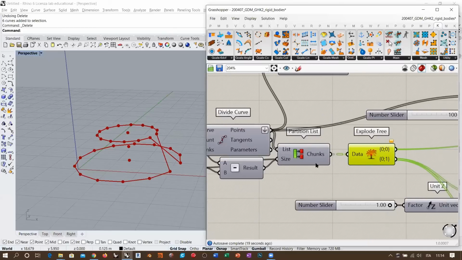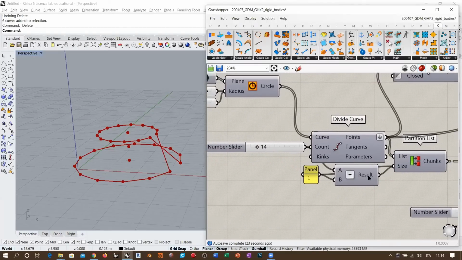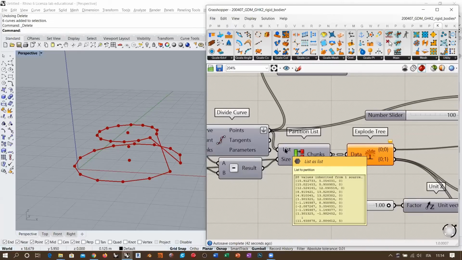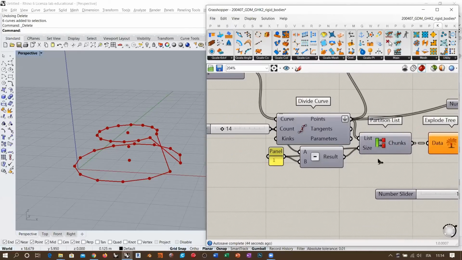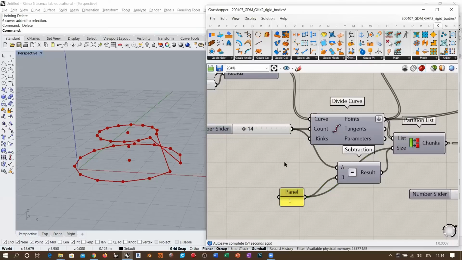Now, the problem is that if I use the result of this subtraction as the size of the second group, you see that here we have several groups coming out, which are 113, 113. Why? Because we only provide two values, and the sum of these two values is not enough to cover the whole amount of data that we have here. So this size, this subtraction that we did, cannot work with 14. Must be 14